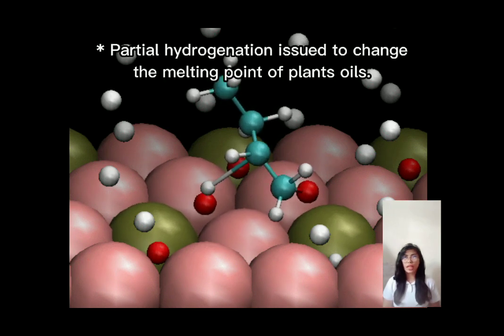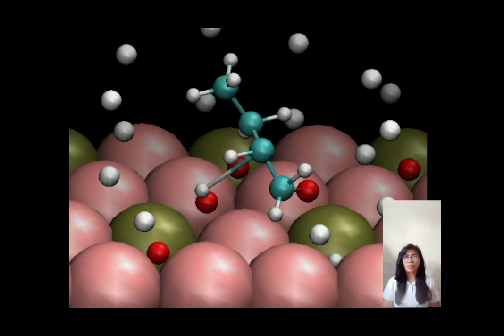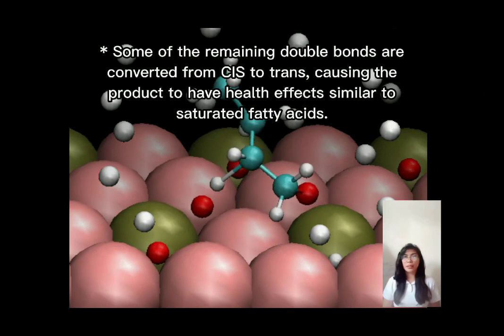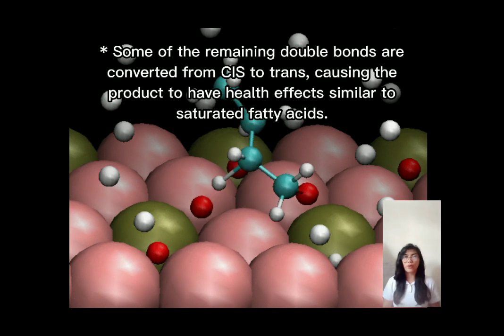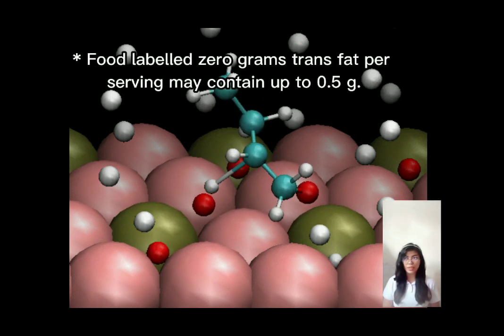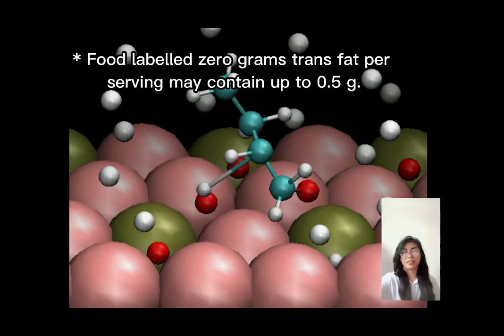Partial hydrogenation is used to change the melting points of plant oils. Some of the remaining double bonds are converted from cis to trans, causing the products to have health effects similar to saturated fatty acids. Food labeled 0 grams trans fat per serving may contain